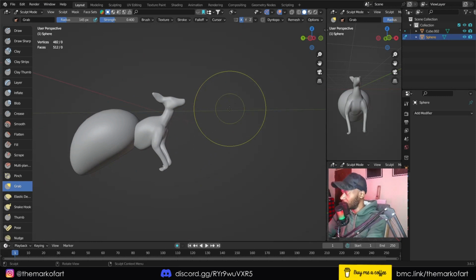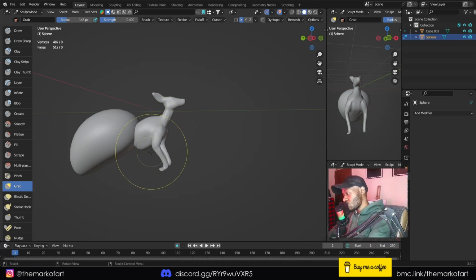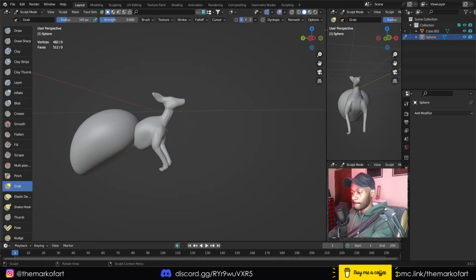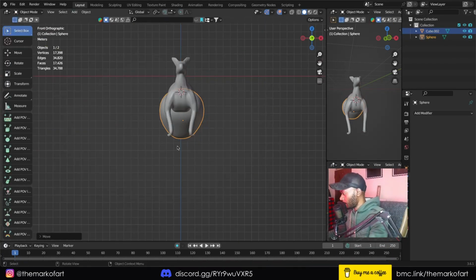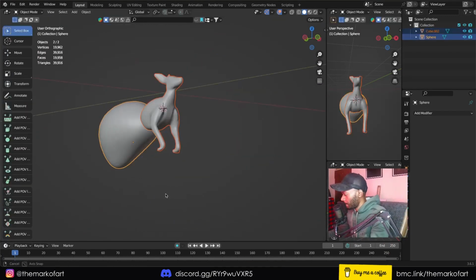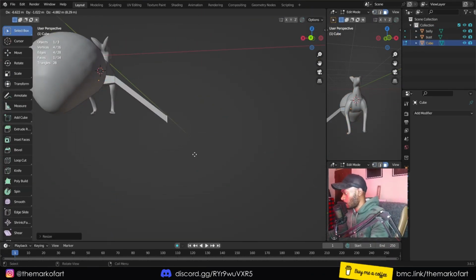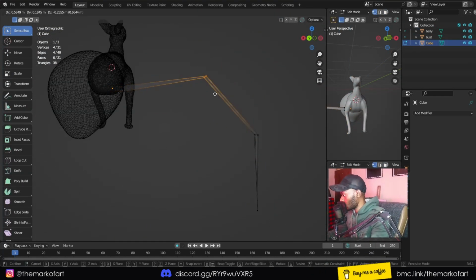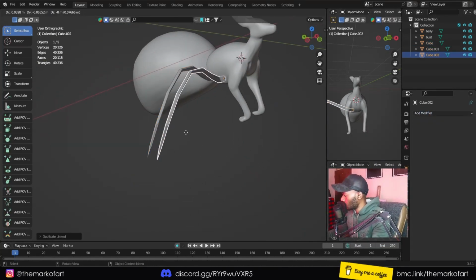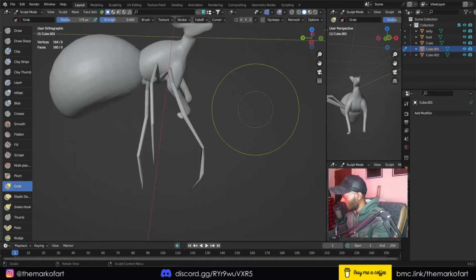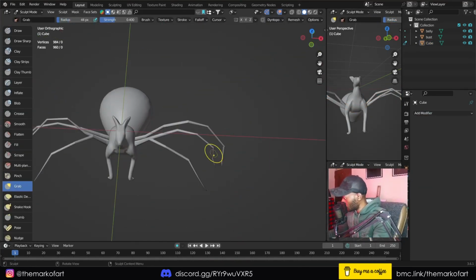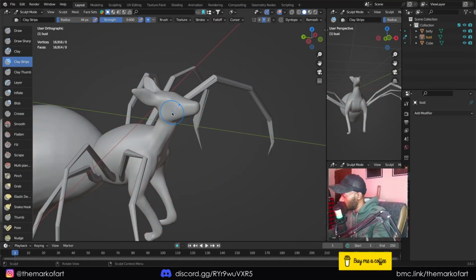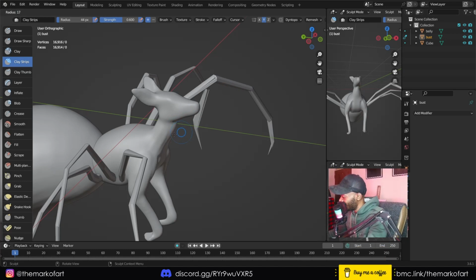So now the dilemma becomes, do I give it 8 legs or do I give it 6 legs? Because it already has these. Let's try with 6, and if it doesn't work, we'll do 8. I think that should be it for our thing. What thing? Our kangaroo